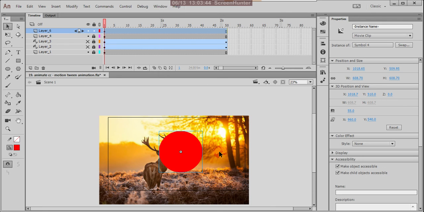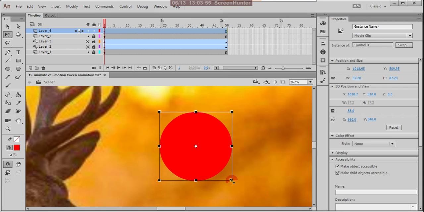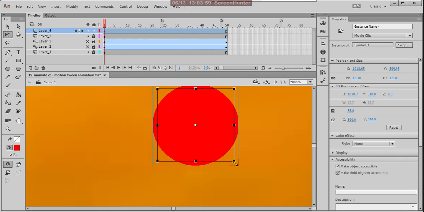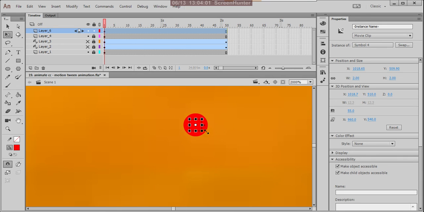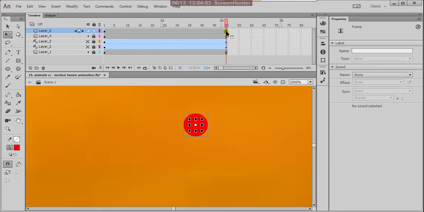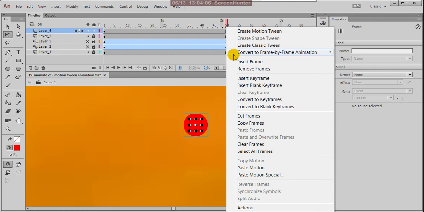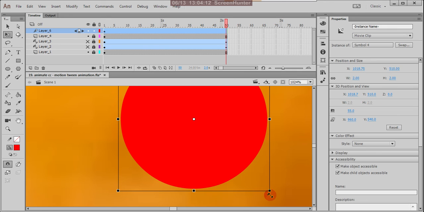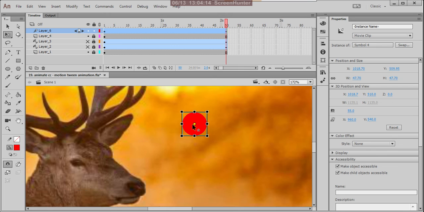Then we make it smaller. Say I want to show something. On the other side here, create motion twin, added.